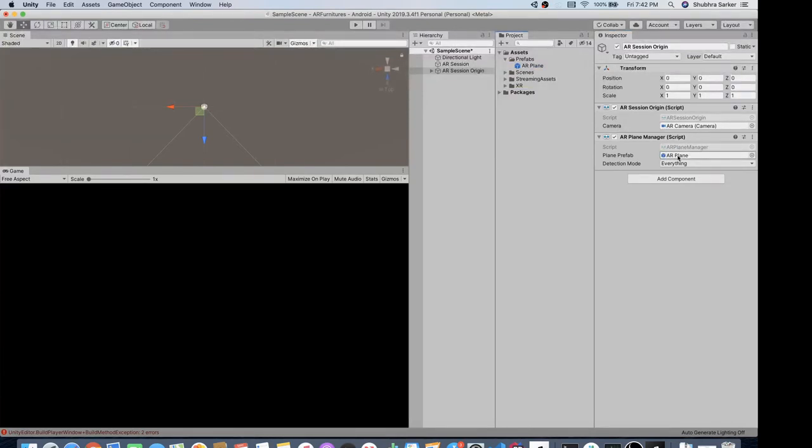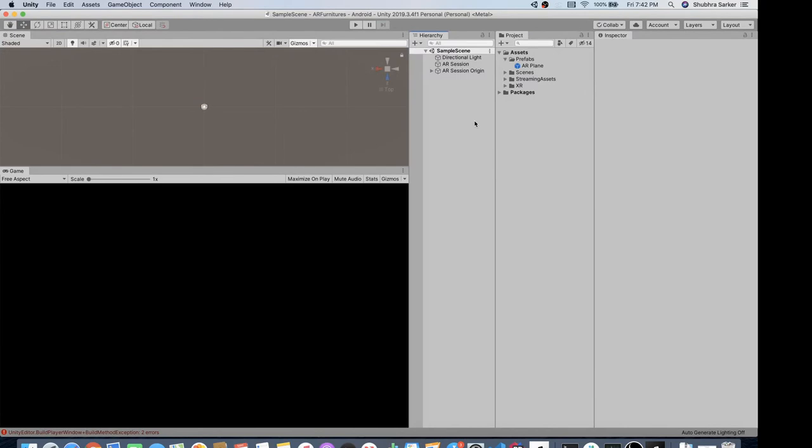That's it. Now this is going to be an IKEA kind of app, right? This is going to be a furniture app where you put some furniture on your room floor. So that is why the detection mode should be only horizontal. So we are just going to click on nothing first, and then select horizontal. Okay, that's it. If we now save the project and build again,